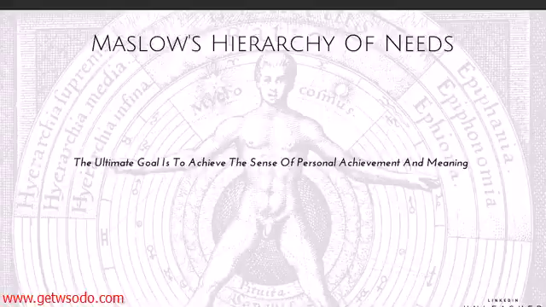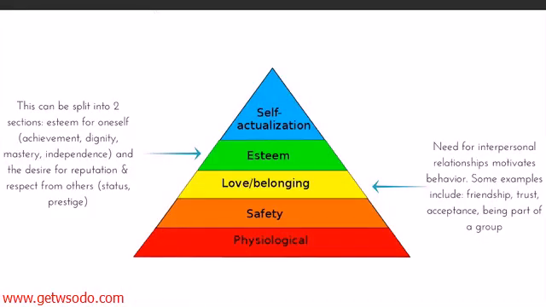So if I just show you the actual diagram here, these are all the different stages. The two that we're going to be focusing on today, the two that are really important to groups and social selling, are esteem and love and belonging. As I just mentioned, physiological is the lowest part of the pyramid. It's not too important to what we're going to be speaking about today, but basically as people fulfill each stage, starting from the bottom of the pyramid and moving up, this is what they move on to wanting and feeling, a desire that they need to fulfill.